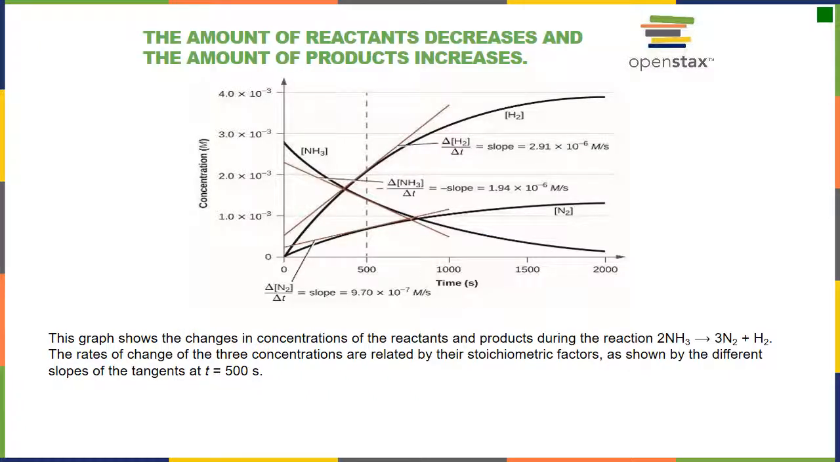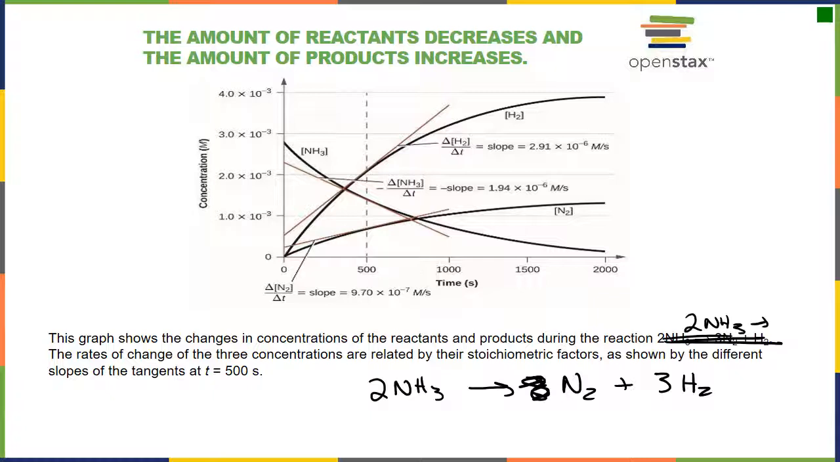Now the rate depends on whether or not we're looking at the reactants or the product. So this reaction here is 2 ammonia. It's going to break apart and make 1 nitrogen and 3 hydrogens. Ignore that typo. Now, what does this tell us? The relationship between the ammonia and the nitrogen: 2 ammonias react for every 1 nitrogen. So the rate for the ammonia is going to be twice as fast